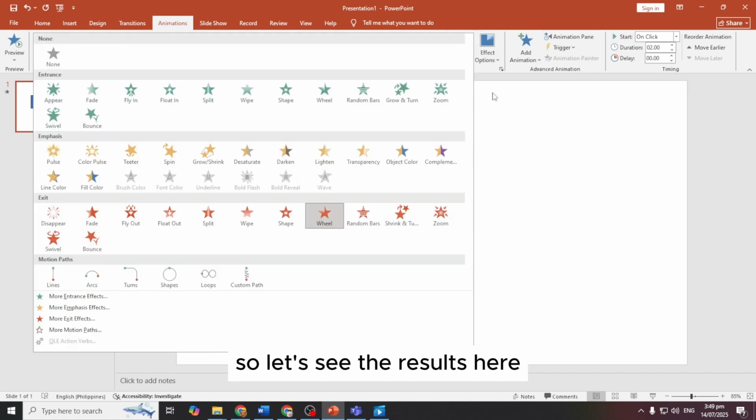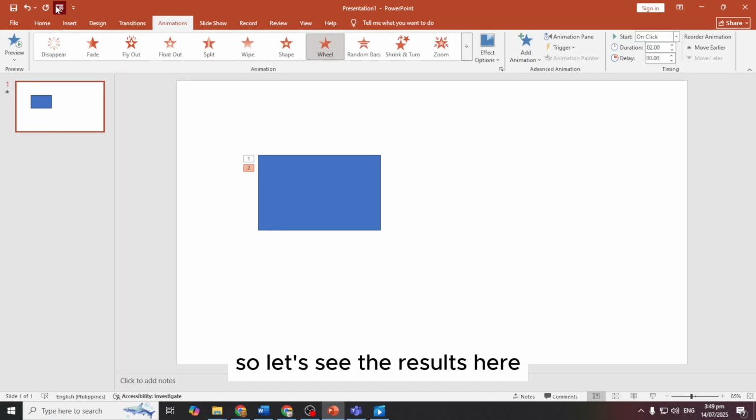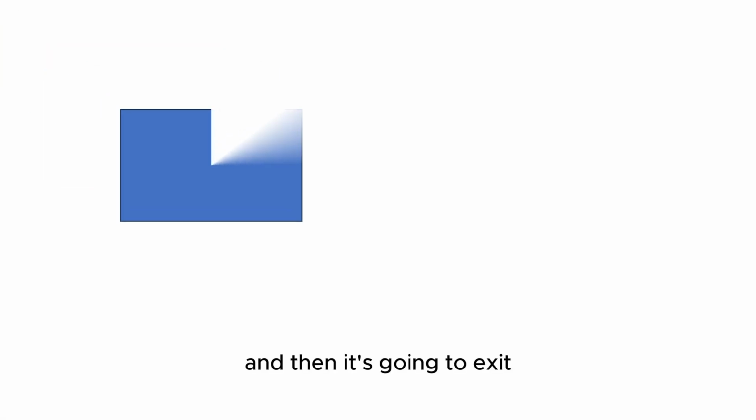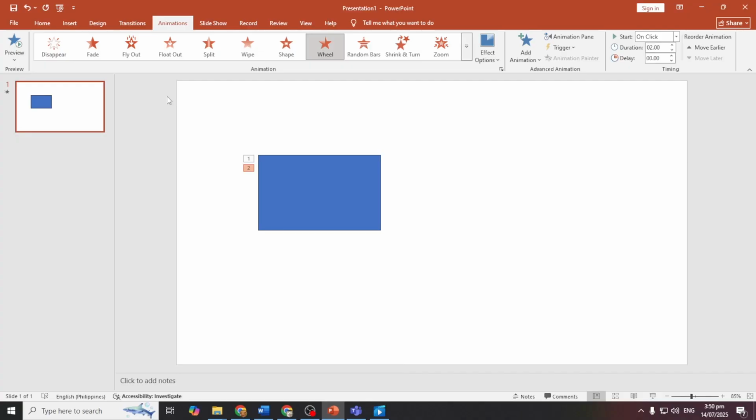So let's see the results here. So first it's going to bounce, and then it's going to exit. So that's the simple way to add